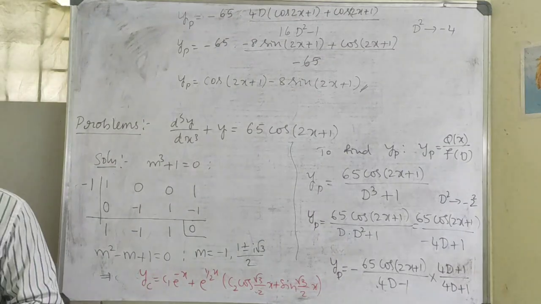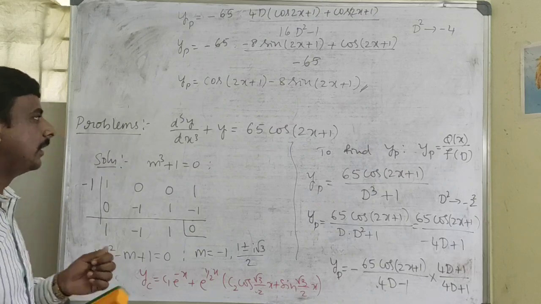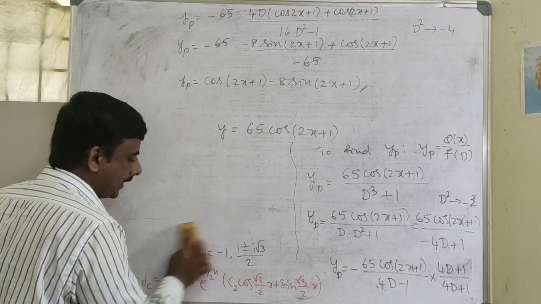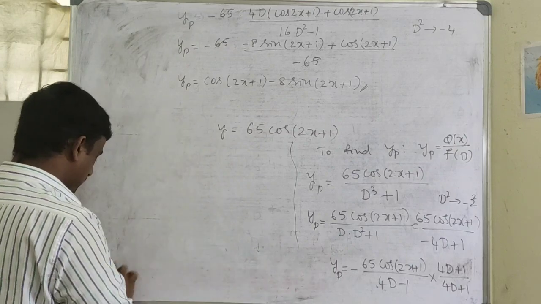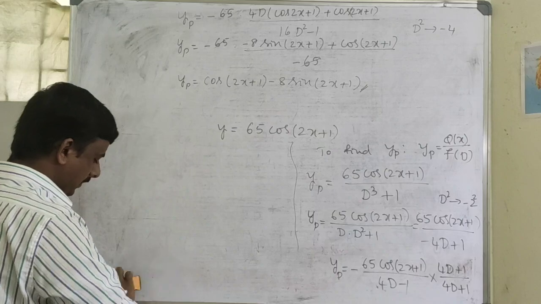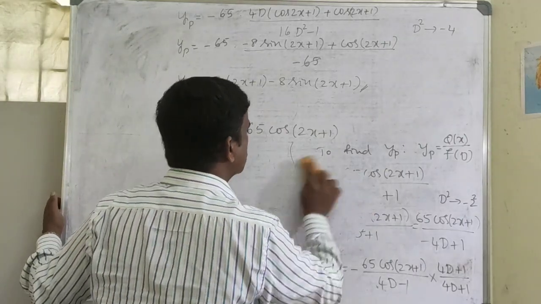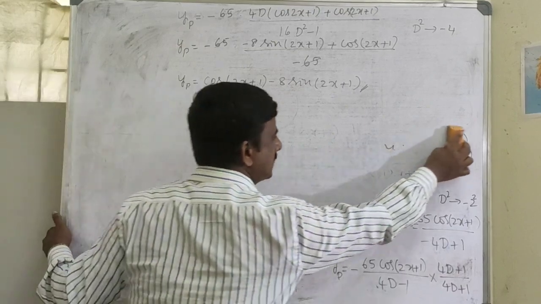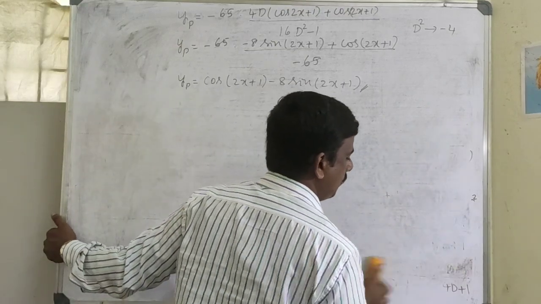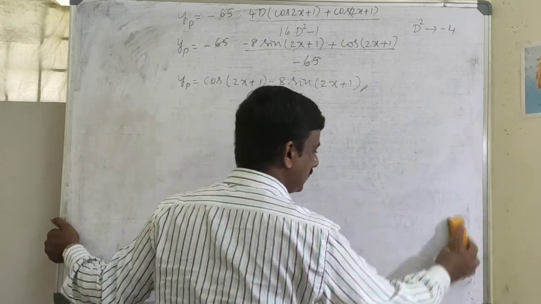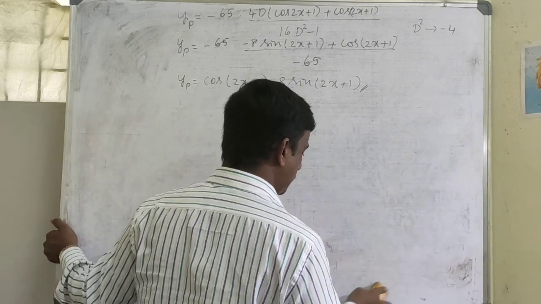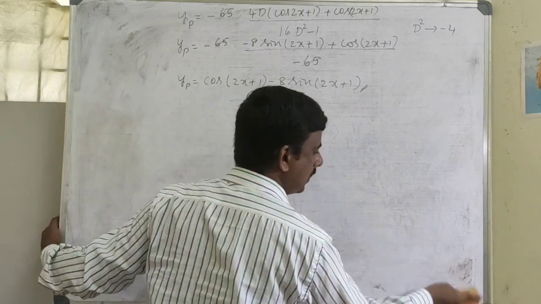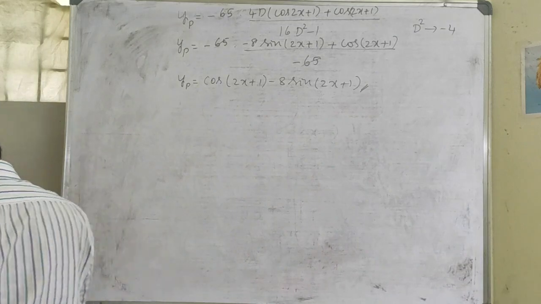So this is the way of solving a linear non-homogeneous differential equation where the right hand term is a trigonometric function, sin of ax plus b or cos of ax plus b. So we got yc and then yp. So the general solution will be the sum of yc and yp. I have not written that here. I have just written yc and yp separately. So let us solve one more equation if possible.